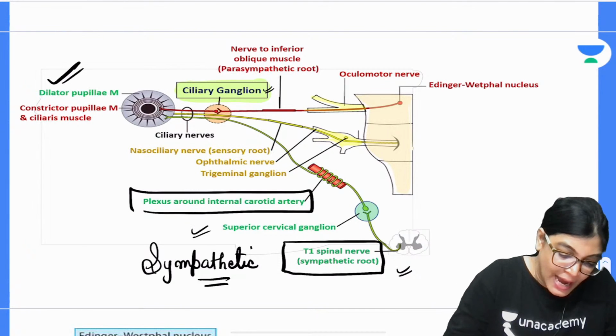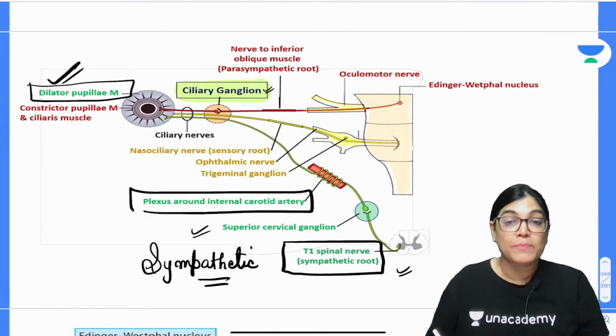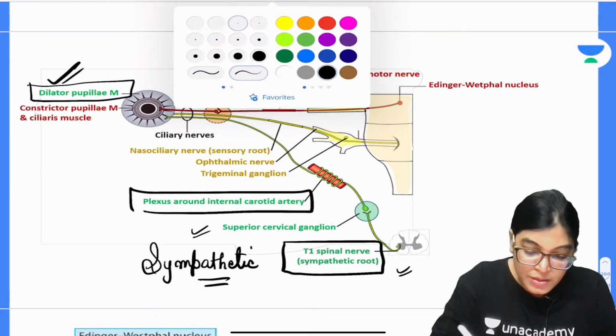And it is supplying dilator pupillae. Can you see the green color fibers are sympathetic fibers. So, it is supplying dilator pupillae. Now, coming to that of